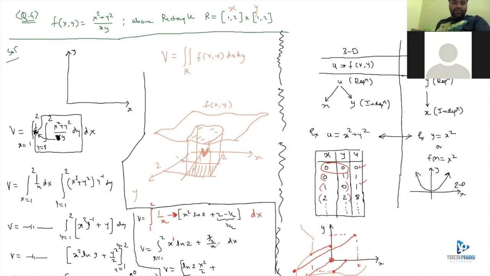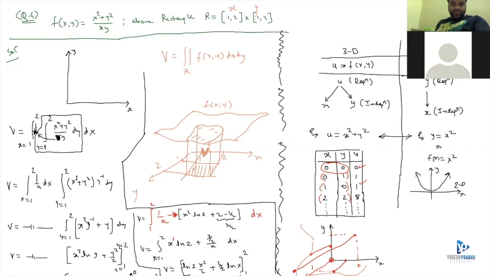Plus, what is the integral of 1 over x? 3 over 2 is a constant. This is ln x from 1 to 2. V equals, tell me the upper limit. 2 ln 2. ln 2, 2 squared is 4. 2 ln 2 plus 3 over 2